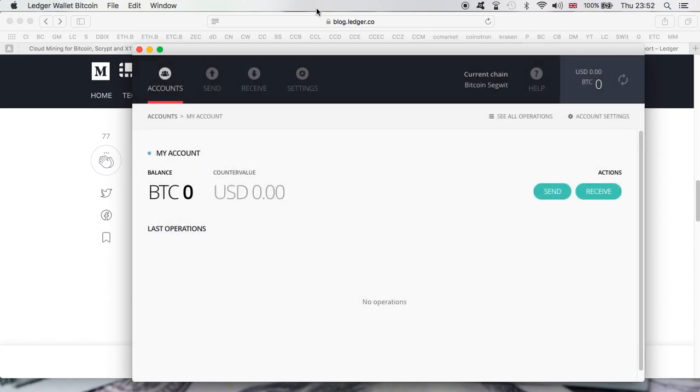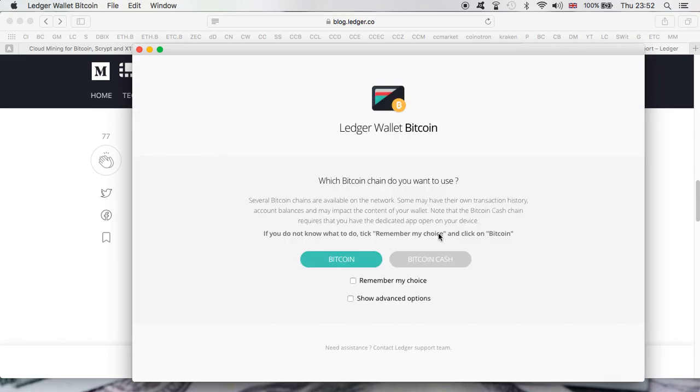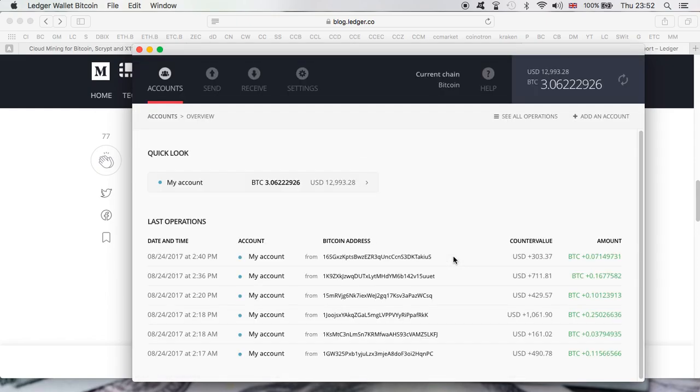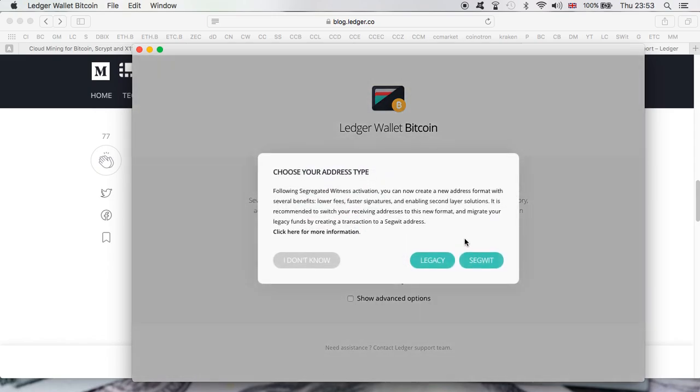Let me show you my Bitcoin wallet so you can clearly see that there are funds in there. So I'll go to blockchains, Bitcoin, use the legacy one, which is the old address, and there you have it. As you can see, currently I'm holding 3 Bitcoins on it, but when I go to the new one it doesn't have any. So I'll leave them here. I don't need to move them out at the moment, but I will definitely be changing my addresses